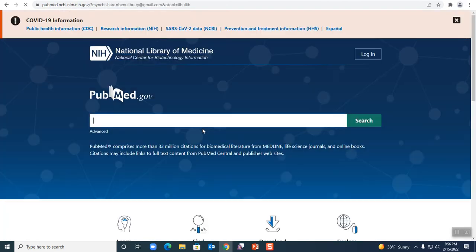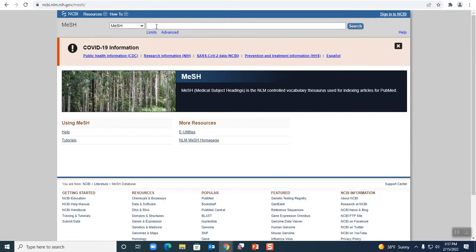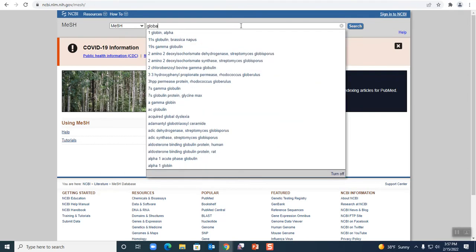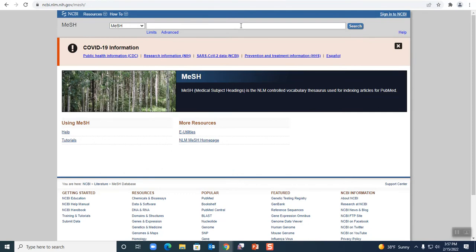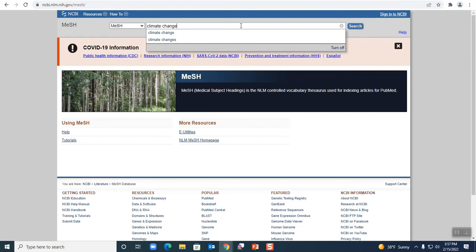So on this page, I'm not going to do anything here because I want to show you something called MeSH. We talked about it in the PowerPoint. So now our example is global warming and infectious diseases, emerging infectious diseases. So in MeSH, I'm going to put global warming. I'm going to put climate change, and then I'm going to say search,